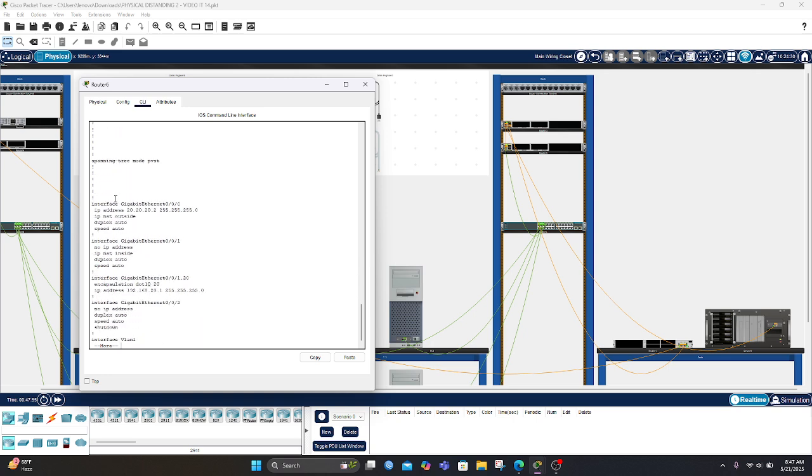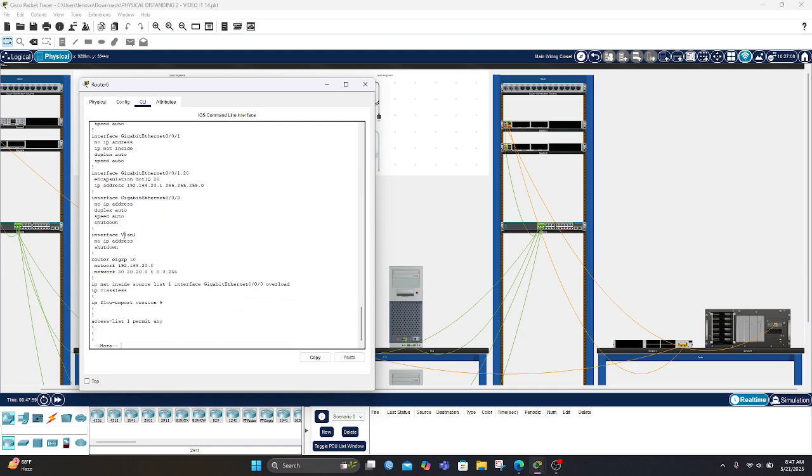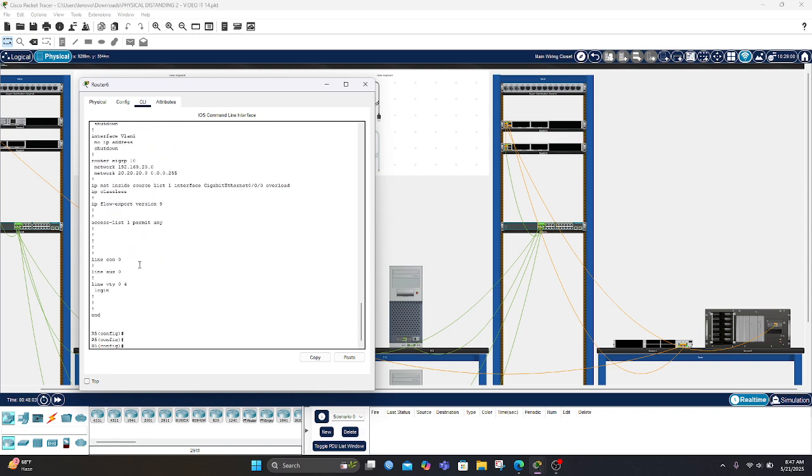Then use encapsulation, then use AGRP and IP NAT inside. So maybe in here there's a NAT. Let's try the configuration of NAT.